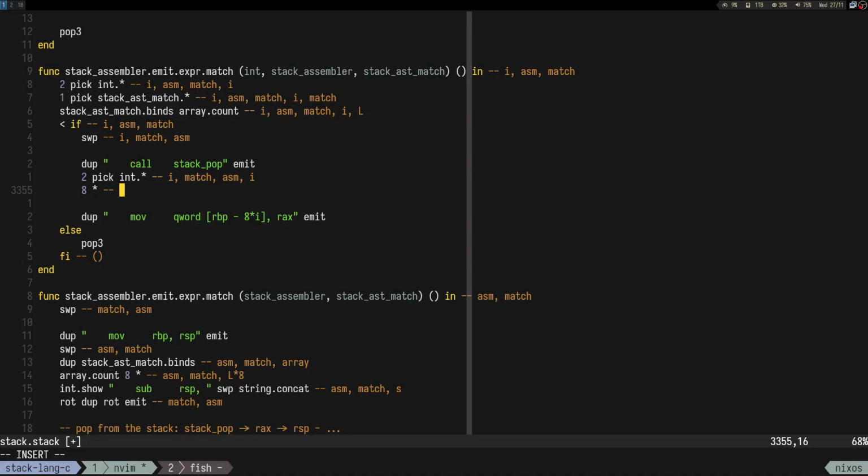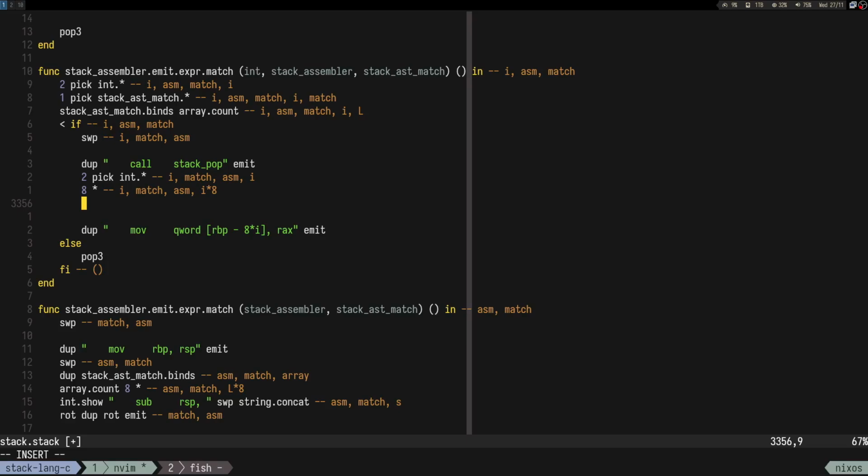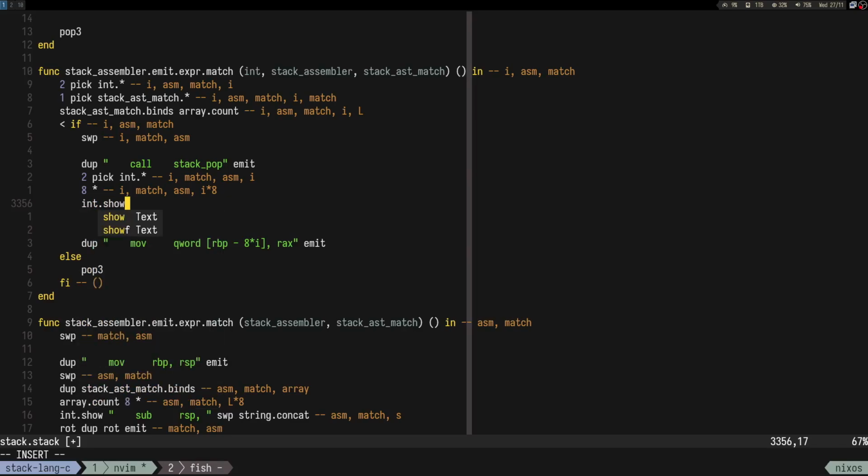Let's multiply it with 8. Or you know what, we can do like shift by 3. That's something we can do, why not? But I'm just gonna keep it on multiplication because it's more obvious, I guess. Or maybe for someone it's more obvious to do shift, but I don't know. Anyway, let's int show this value,